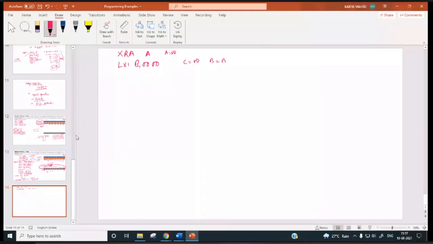Then LXI H, 2500. L equal to 00, H equal to 25.